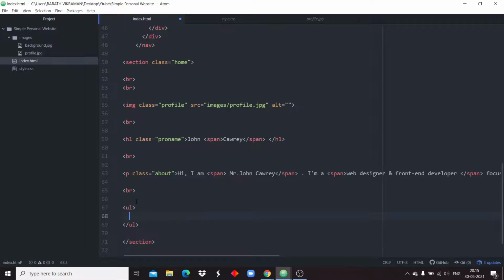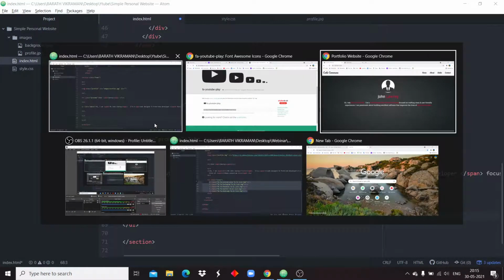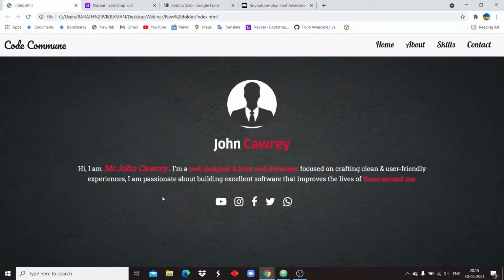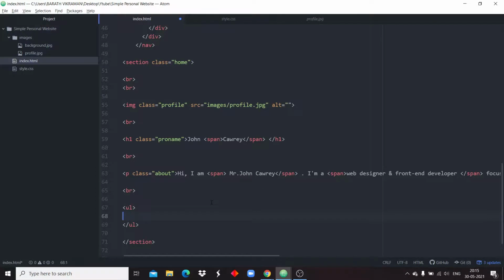I'm declaring it inside a UL tag with list items, because it is easy to manage every icon, and to align them in the center, since they all use the same kind of icon images. So I'm just using it and giving a class name as icons.